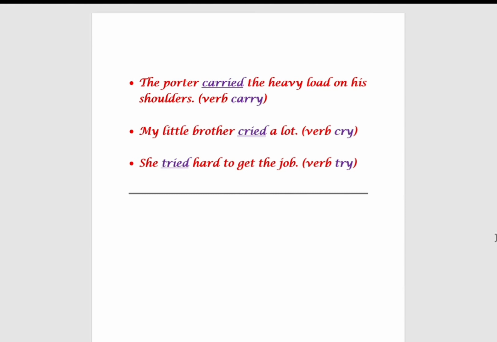Then for these sentences, the porter carried the heavy load on his shoulders. The verb is carry here. My little brother cried a lot. The verb is cry. She tried hard to get the job. The verb is try. Now for these, the rule applied here is if the verb in the present